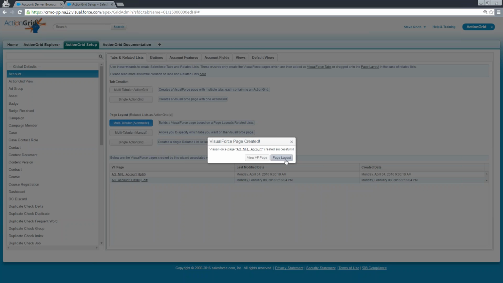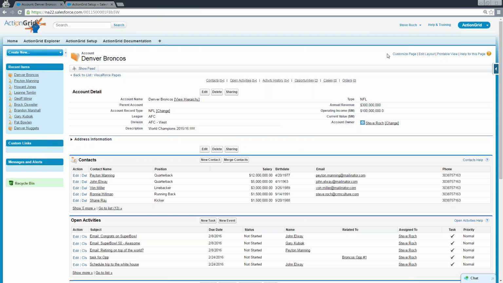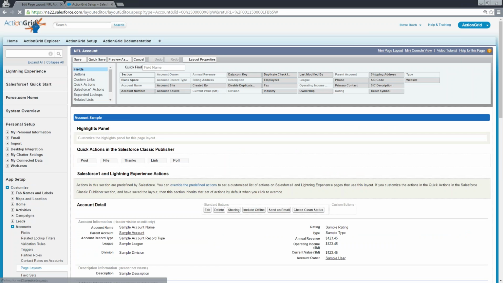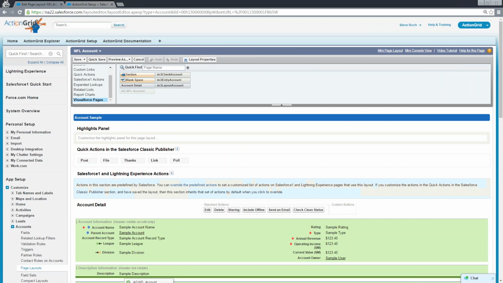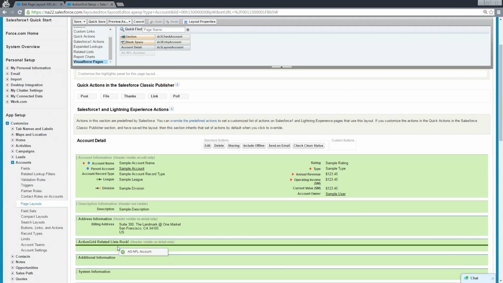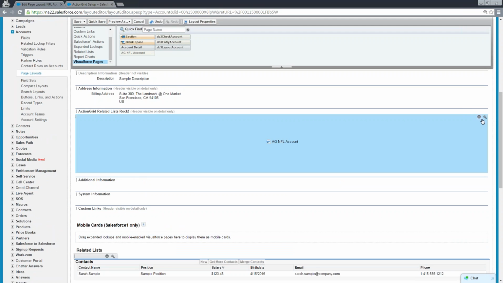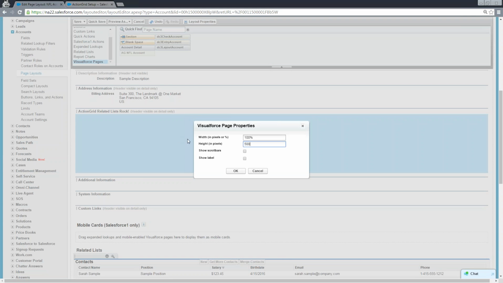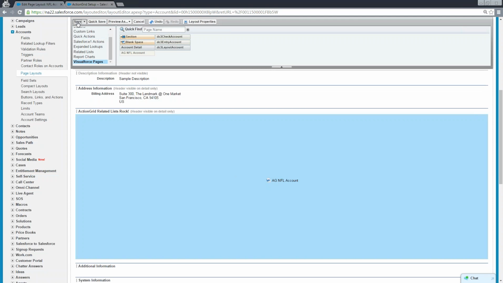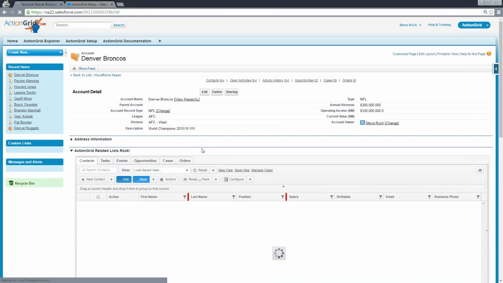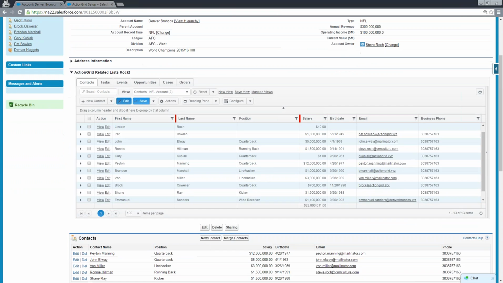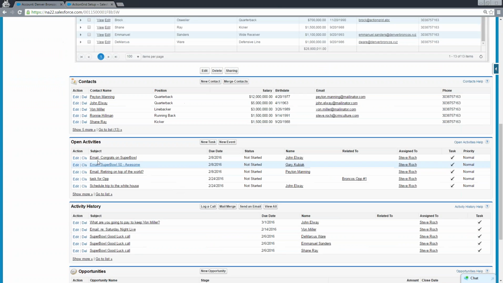And if I could press the page layout, but since I've got it here, I'm just going to go edit layout. And you'll see what we've got there is a Visualforce page that just got created right there, AG NFL account. And if I just drag it into its location here, like so, and I don't count those as a click because those are really Salesforce work here. Make that a little bit wider, and I save that. What you'll see in those 2 clicks, 2 ActionGrid clicks and 2 more Salesforce clicks, you'll see I got a perfect rendition